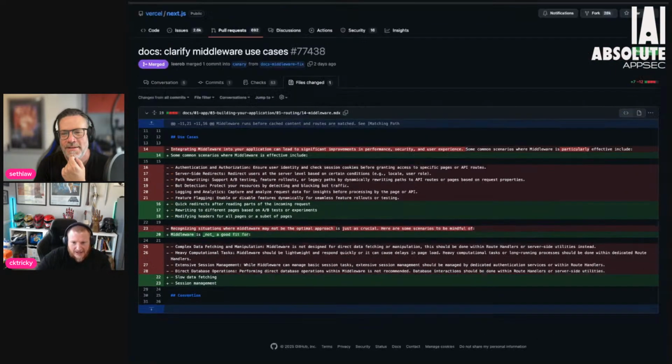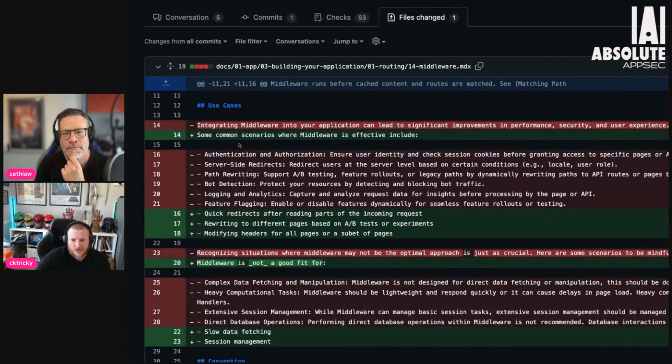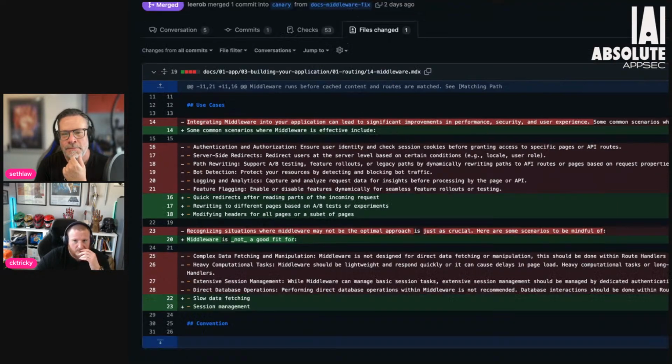So why am I bringing this up? I feel like it should be shown that as we're having this conversation about whether middleware and frameworks should be having session management related features at that level, clearly Next.js has a pretty opinionated view of this, that they've changed their documentation to say, no, don't do session management at the middleware level. So I thought that was interesting. And the last thing I'll say, oh, sorry, go ahead.